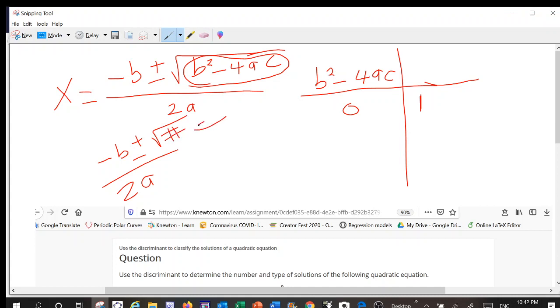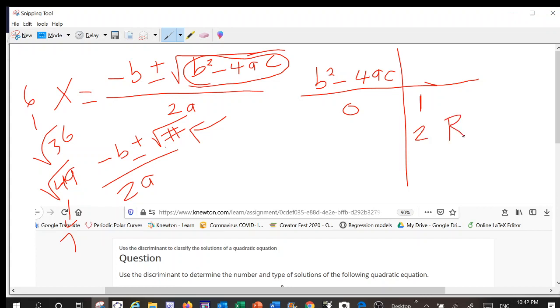If this positive number is a perfect square, like the square root of 36 or the square root of 49, then what we have is just a rational number. A number comes out, let's say 7 or 6. So here we just have a number, and it will be negative b plus and minus some number over some other number. So it would be two rational